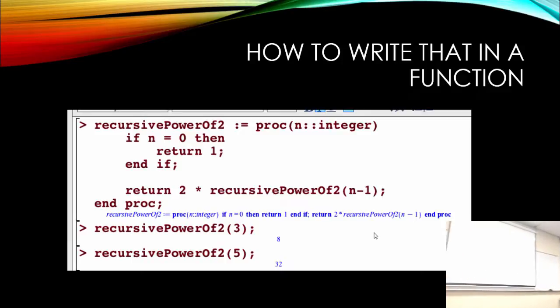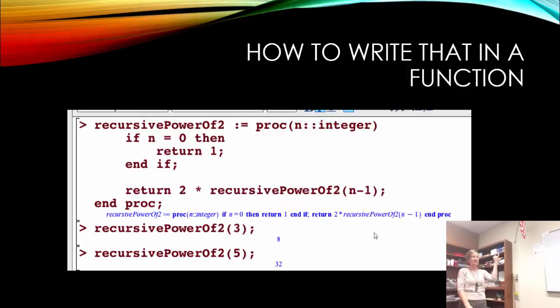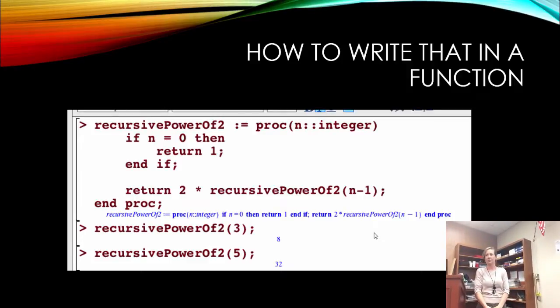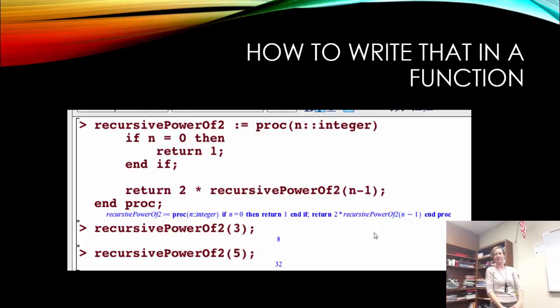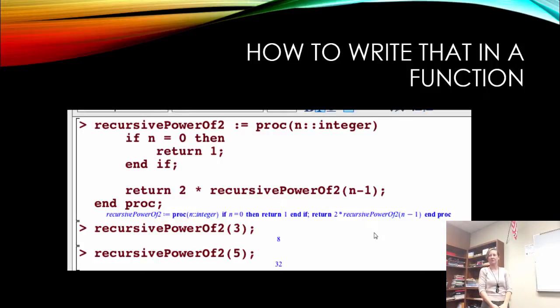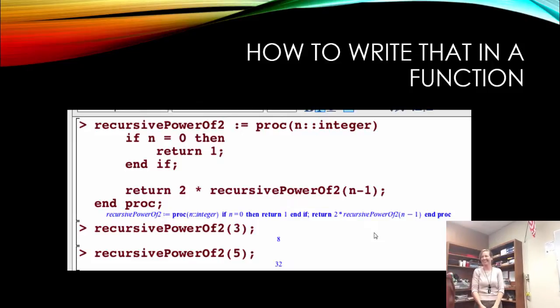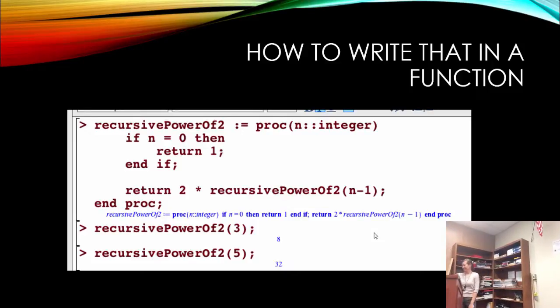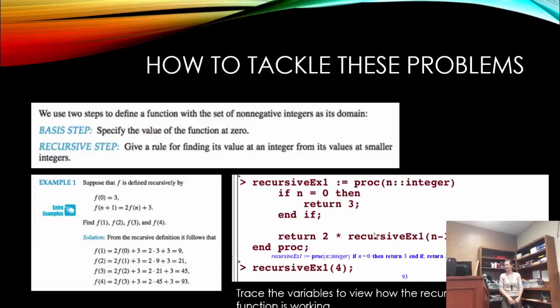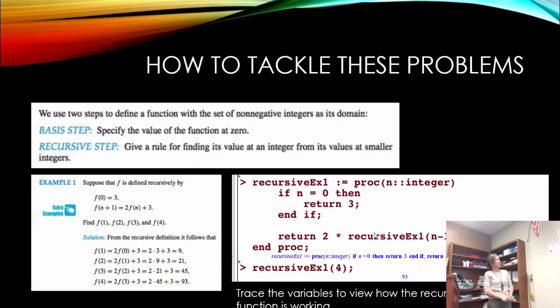All right. So it's good to write those down at first. For the simple ones, it's easy to visualize in your head after a while. But as they get more complex, this writing down method does help. In fact, in my 39 class, we do recursion on paper for a while. Okay? All right. So here's another problem.